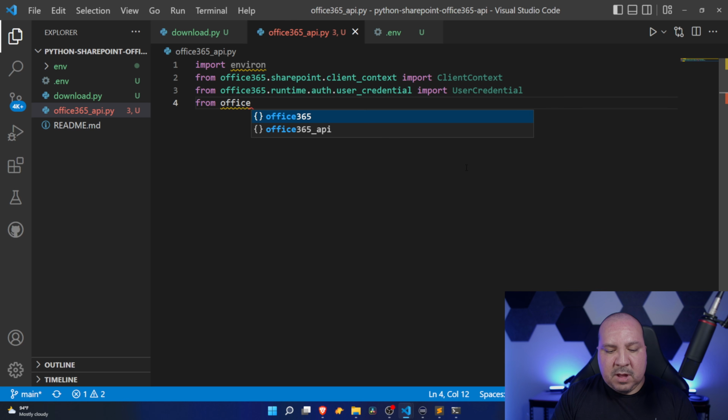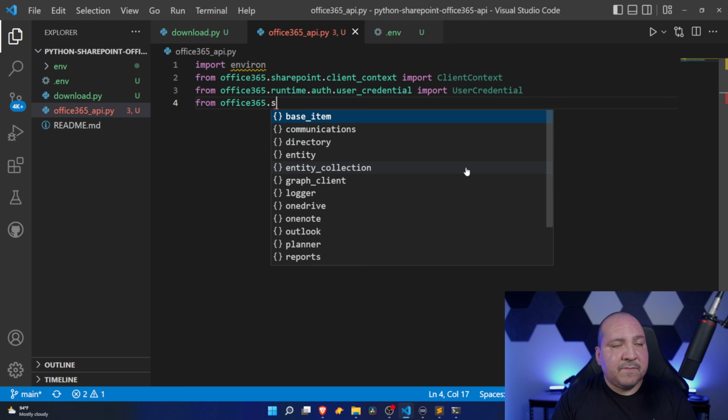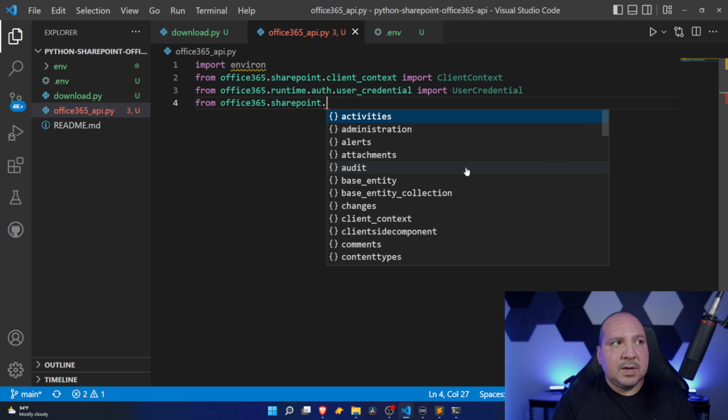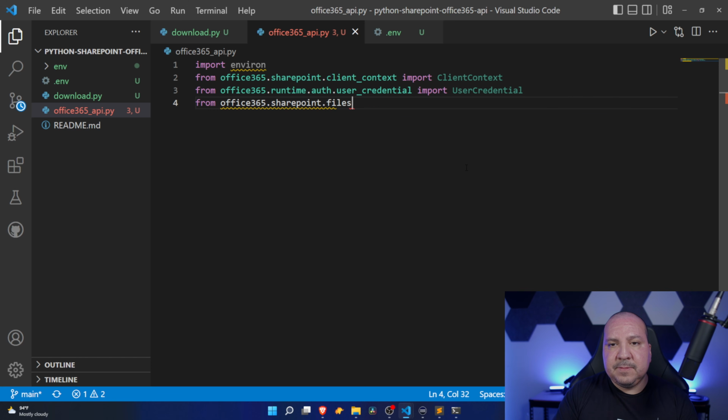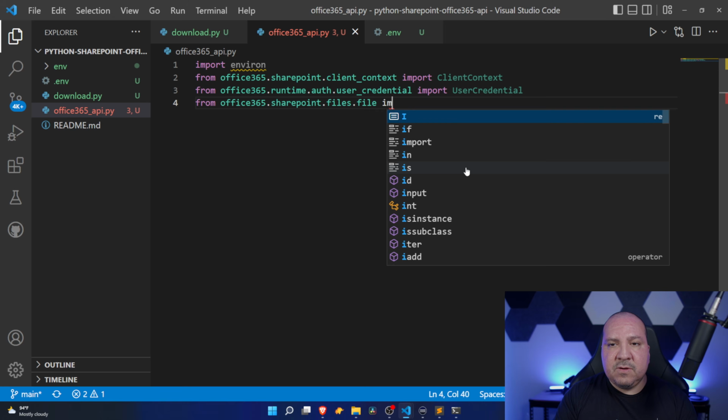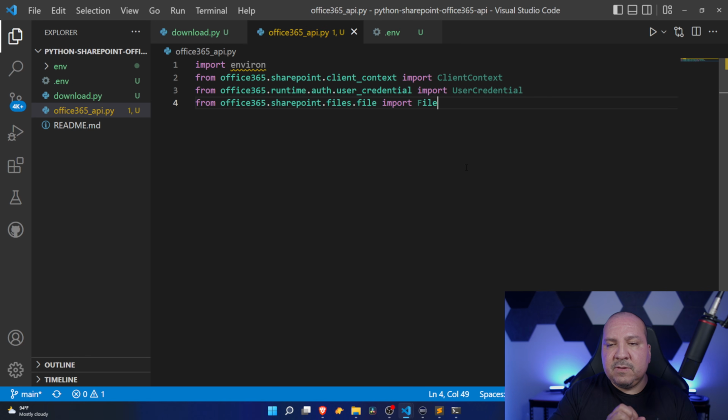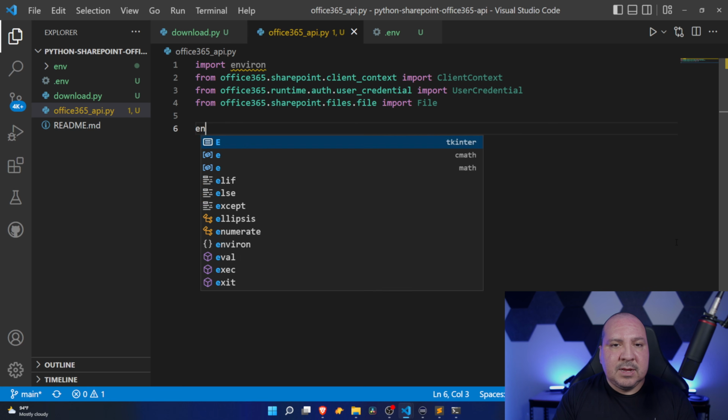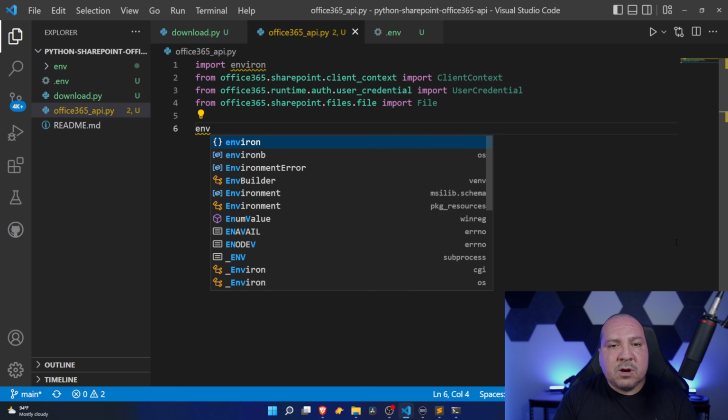So next will be Office 365 SharePoint files, file import file. So again, we're dealing with files here because we're dealing with SharePoint files. We're bringing in the file class for that. Now again, I'll explain how that would work and all that in a minute as we go through the process. All right, so now that we have that, I'm going to create an object called env,